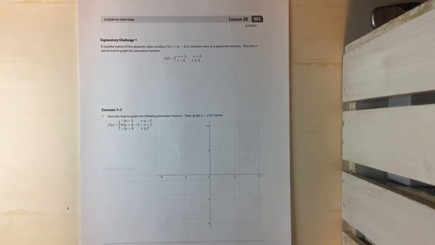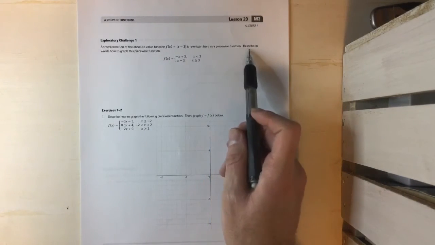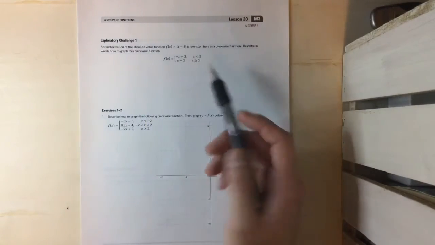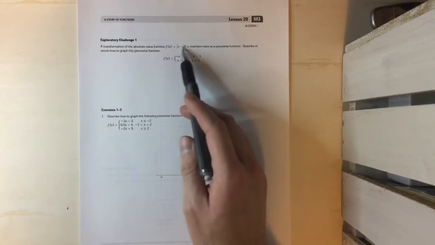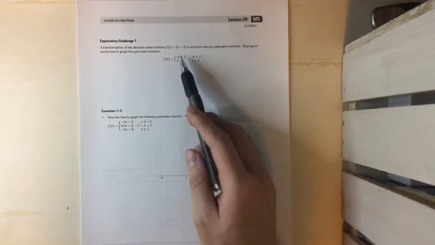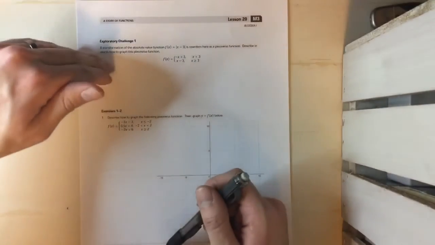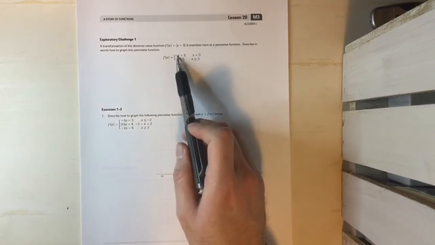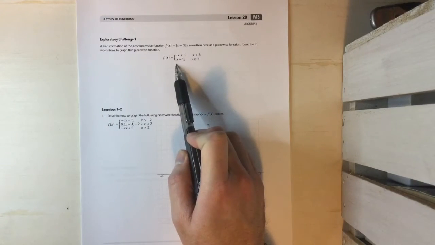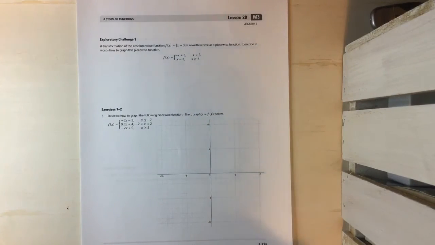And so it says a transformation of the absolute value function f of x equals the absolute value of x minus 3. And it is rewritten here as a piecewise function, describing in words how to graph this piecewise function. So we talked about earlier how you can create these graphs and make it into piecewise functions. You just have two separate lines. You have your first line for this one that'll have a negative slope, and then you'll have a second line with a positive slope. As you can see here, negative slope and a positive slope. So if we were going to graph or explain this in words, you could say first